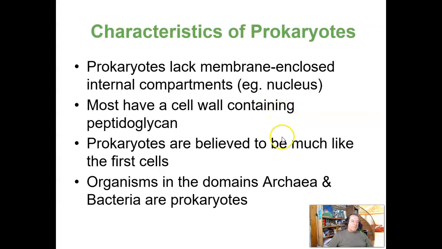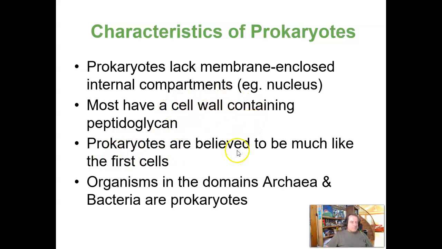All right. So, prokaryotic cells, smaller, simpler, right? They lack those internal membranes as a generalization. There's a few that have some interesting structures internally, so they are the standouts. But as a rule, prokaryotes lack that internal structure. They typically have a cell wall. Most often that is made of peptidoglycan. It may be complex, a cell wall and a membrane inside and outside of it, like a gram-negative bacterial cell, or they might be simpler, with the cell wall being really the outside of the cell, like a